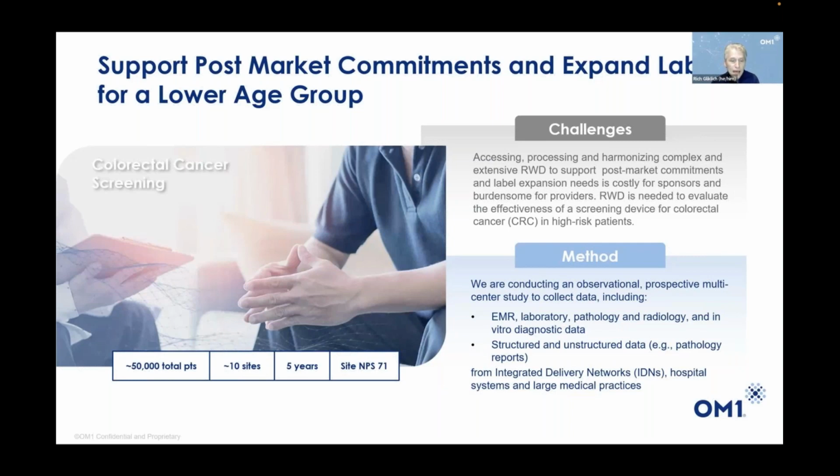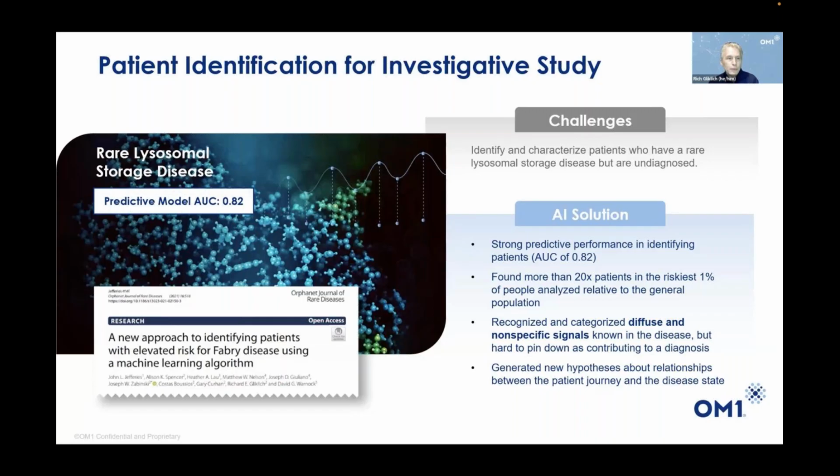In this case, we're looking at 50,000 patients where the post-marketing commitment provided a new label indication, but required that this commitment be undertaken. And we're, again, performing it using an automated approach where we're going prospectively in each quarter, pulling data from these centers, processing that, both structured and unstructured data, to yield the results. In this case, again, the site NPS score is recorded and is way in excess of 20. It's around 71.